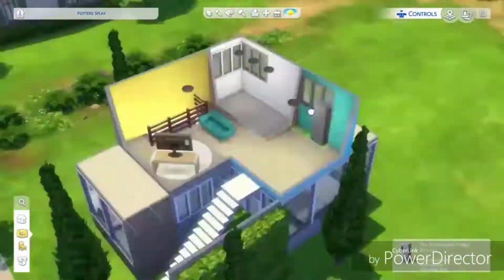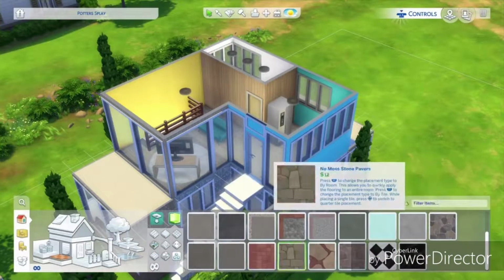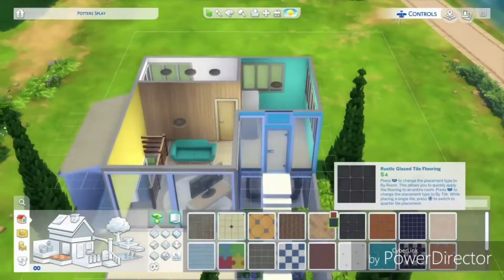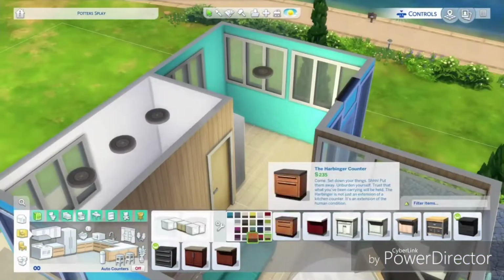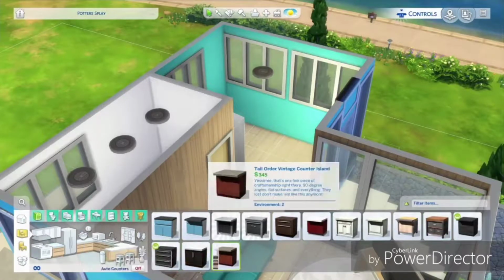Now, of course, I'm struggling for a fridge, as always. I can never find a fridge that I really like. I'm always struggling with objects, and I'm always struggling finding counters as well. That's the thing with The Sims 4, there's not many counter choices. There's lots of variations, but I'd like the